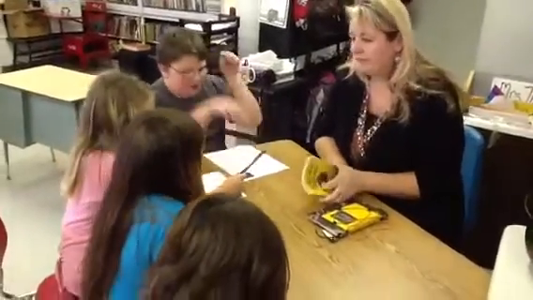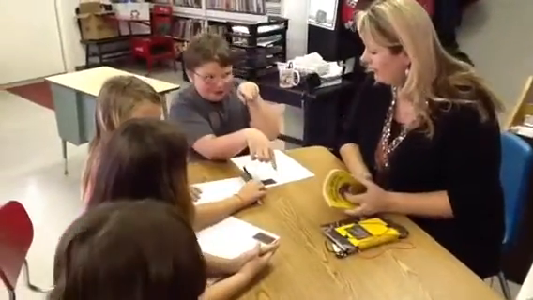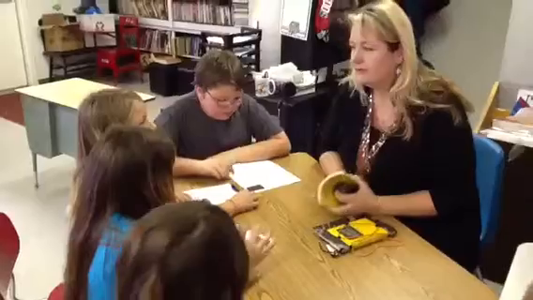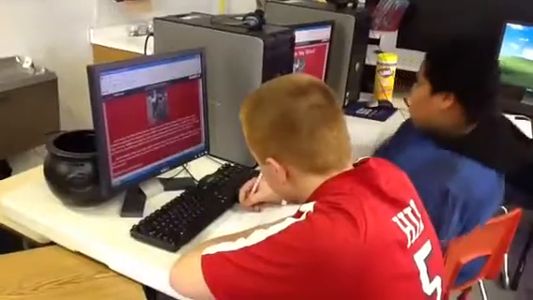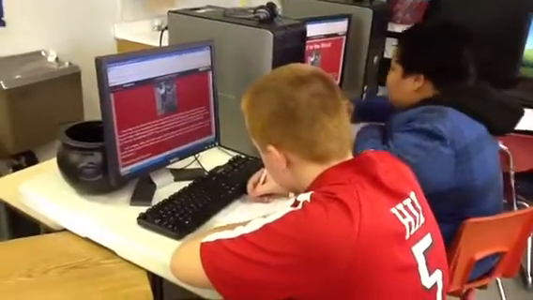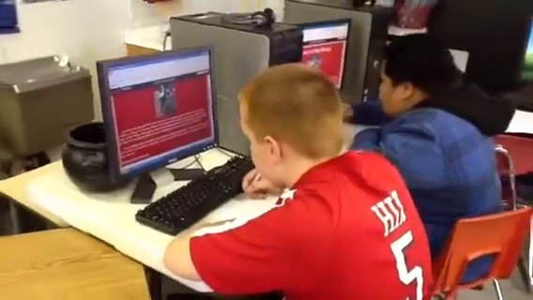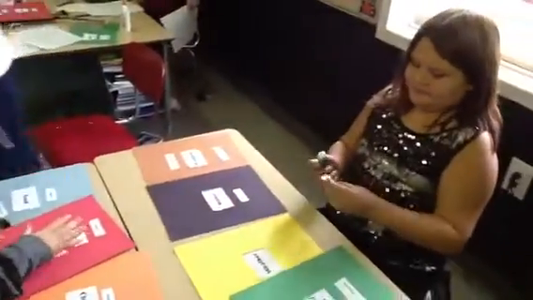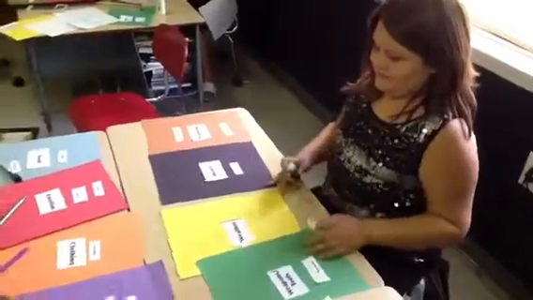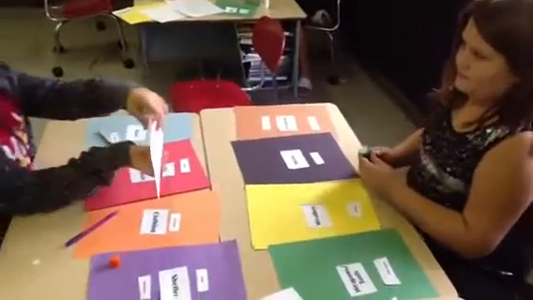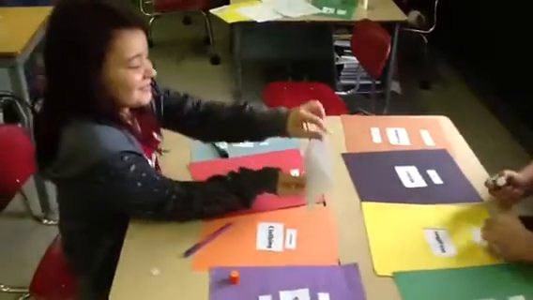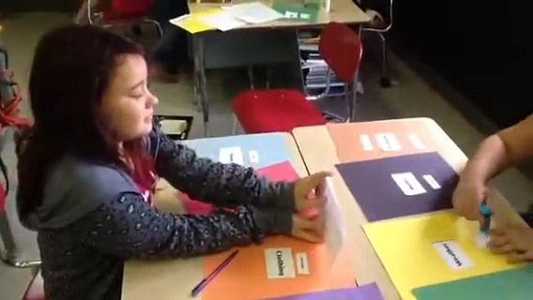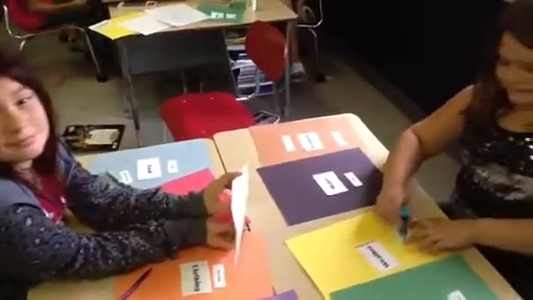Before they started writing, they were asked to pick a survival skill, how to survive a tornado, how to survive being lost in the woods. And before they started writing their paragraph about that, I asked them to do a little bit of research, go to the computers and use the library books that I had and get some ideas from them before they wrote how to survive.